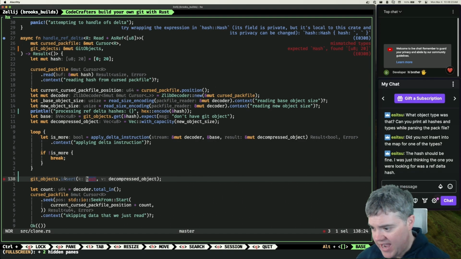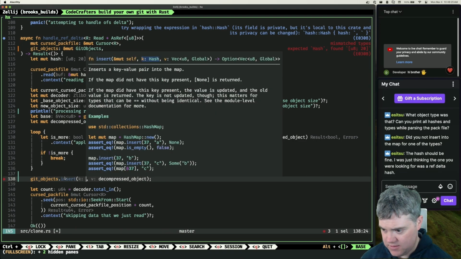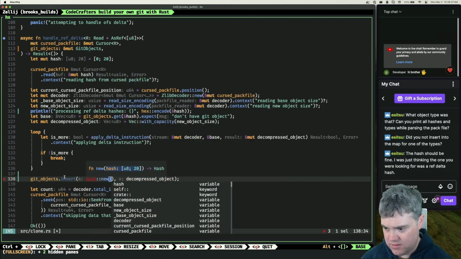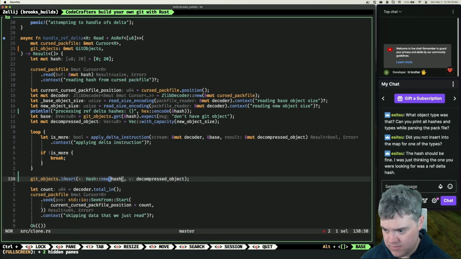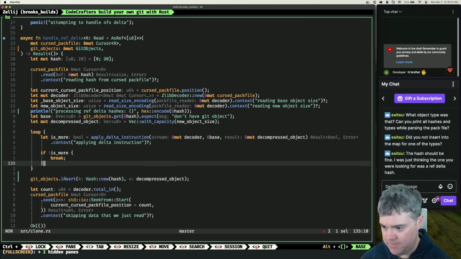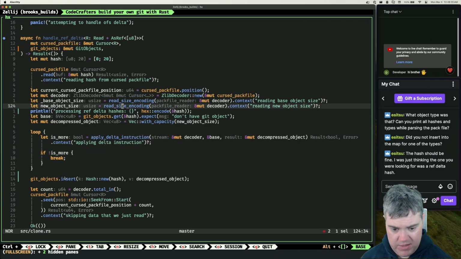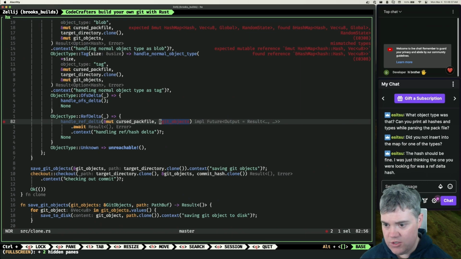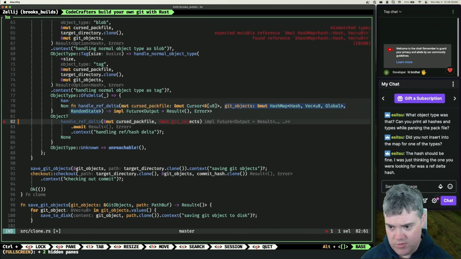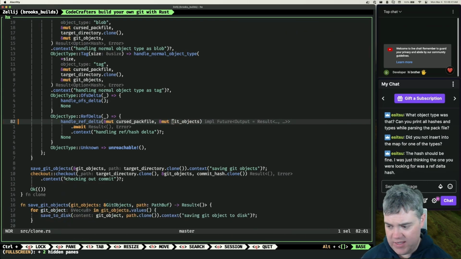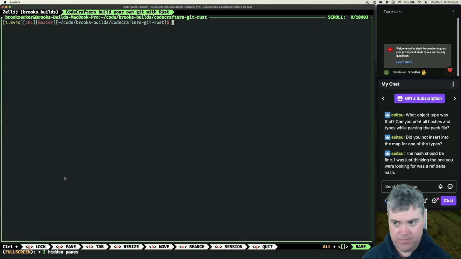Oh, this needs to be a new hash. That's right. Okay. So that's good. Maybe. You now need this to be mutable, which is fine. No more errors. Now, if I run this again,